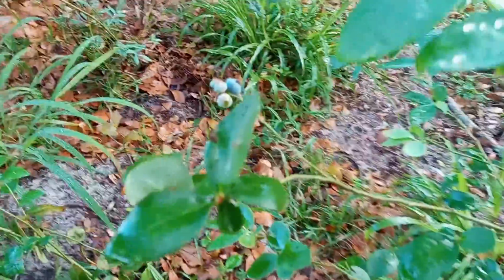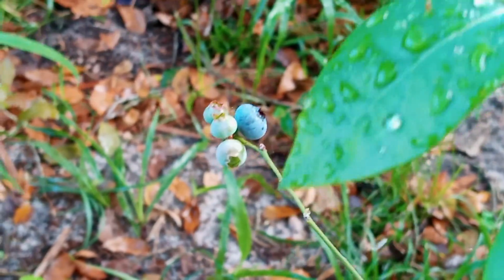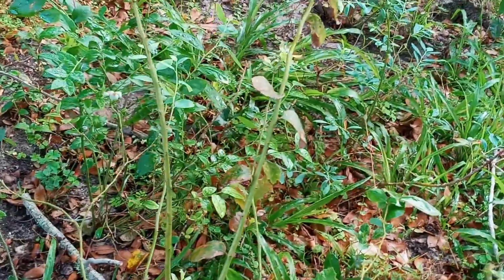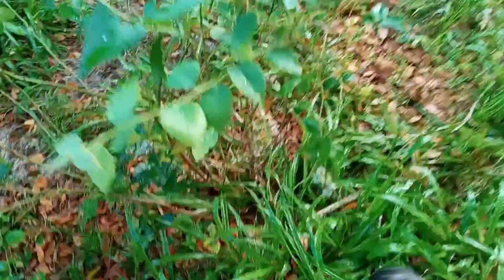Anyhow, my blueberries here are doing pretty good, considering what we started with last year. Last year and the year before, there weren't any ripe blueberries at all. So there's a really nice ripe blueberry. I'm going to pick that soon. And throughout here there are other blueberries. So anyhow, let's get started on the process for